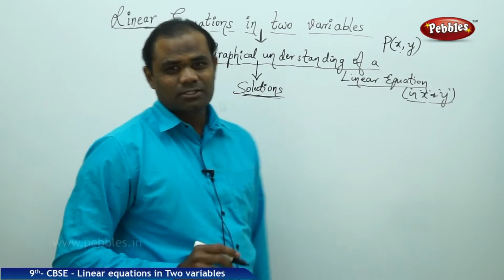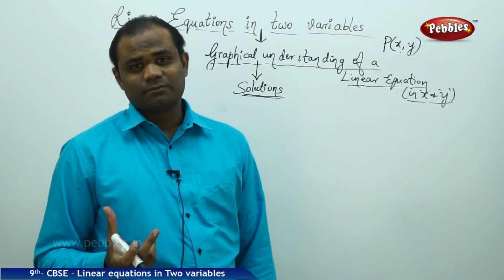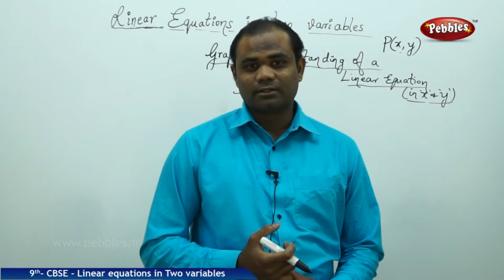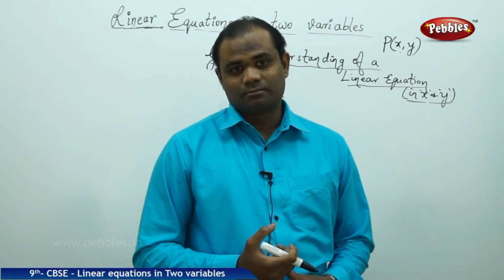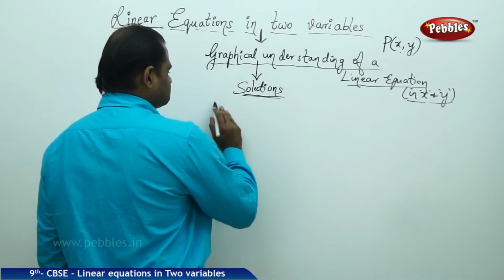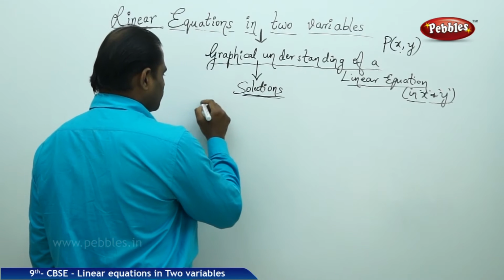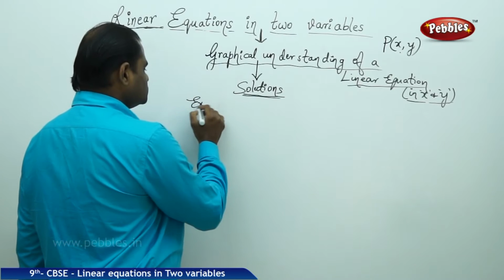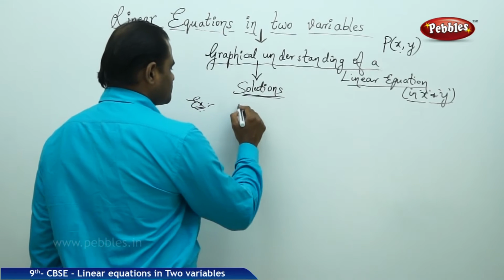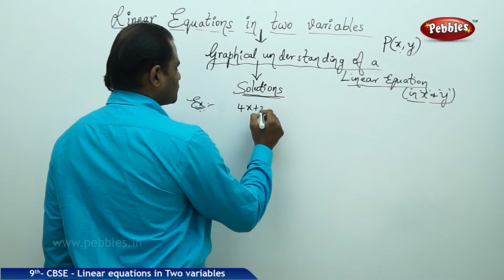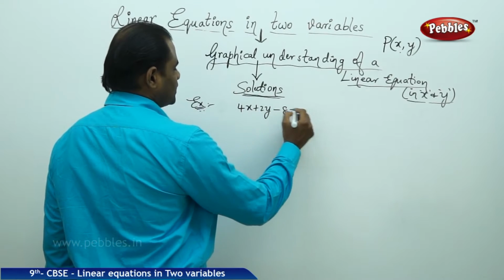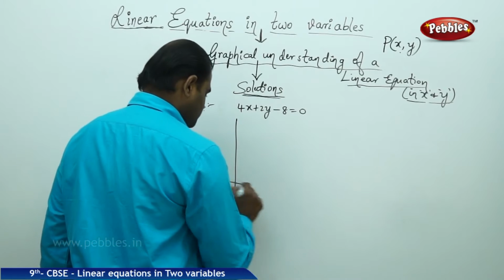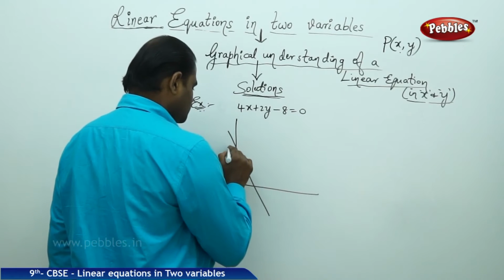As we have seen, the solutions are the values which satisfy the given linear equation. So let's see what values satisfy the given linear equation. Let's take the same problem as discussed in the previous session, that is the example problem: 4x plus 2y minus 8 equal to 0. And this equation was identified with the linear equation